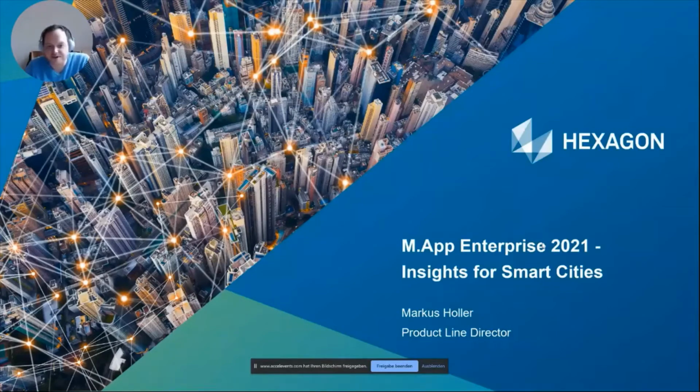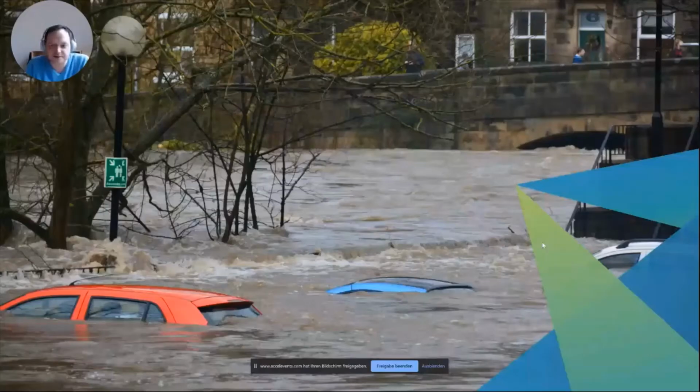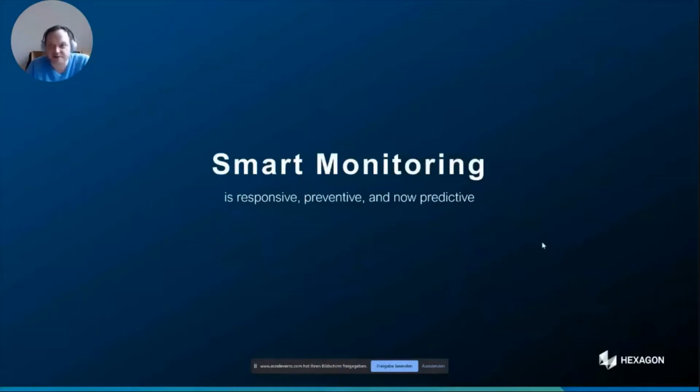As a reference, I want to start with a more extreme sample. As you can see on the screen, think about there's a flooding happening in a certain area. Of course, in this case, all the damage is visible within seconds. But governments today also struggle in identifying smaller issues in their area. For example, a light bulb is not working, or somebody is opening up a cable duct without permission of the government. In this case, we really need to start thinking about a more modern way to monitor the reality without sending out people all the time.